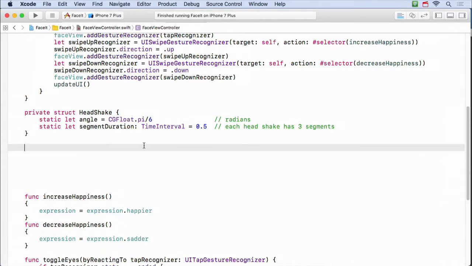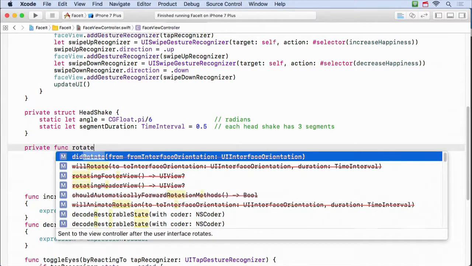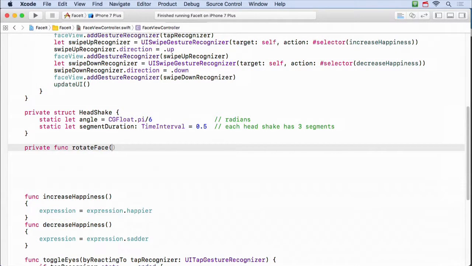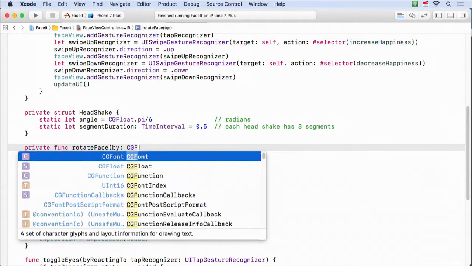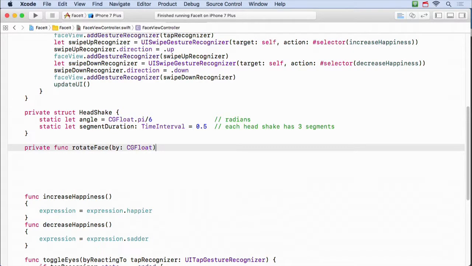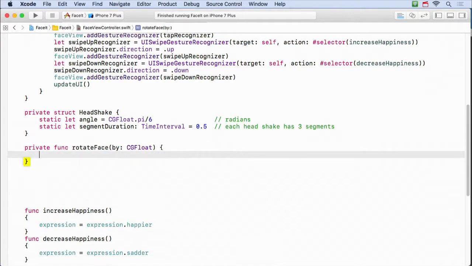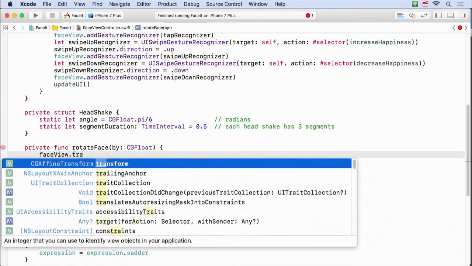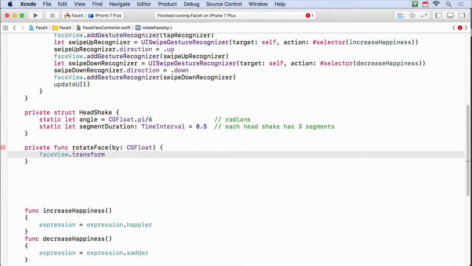So before I write the animation code, I'm going to make a nice little private func here called rotate face by. And it's going to take a CG float, which is radians, number of degrees to rotate the face. And it's going to rotate it. And the way we do this is just we take the face view's transform. Okay, remember we're in the controller here, so face view is a var of ours.